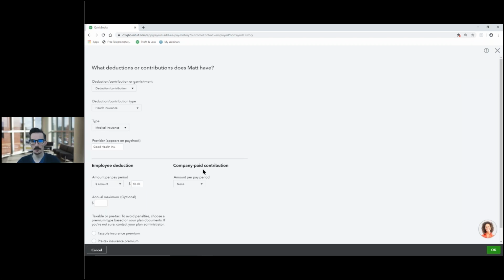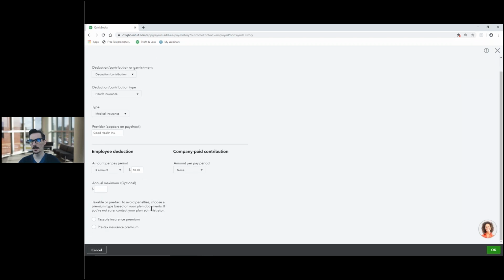There's the same options for company paid contribution. Are you, as the employer, going to hold out any money of your own and deposit in here? There you go. You've got that option. I'm going to say no for right now. Down here at the bottom, really important. Do you think that your health insurance or whatever this garnishment is taxable or pre-tax? If you're not sure what that means, or if you're not sure which one applies to you,